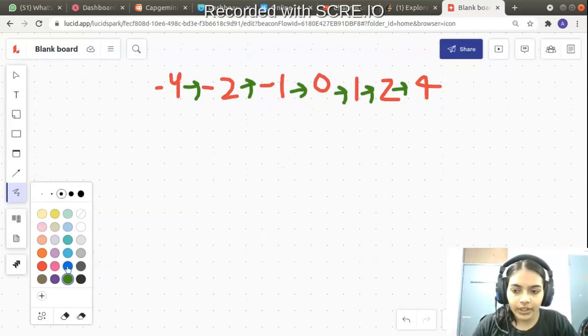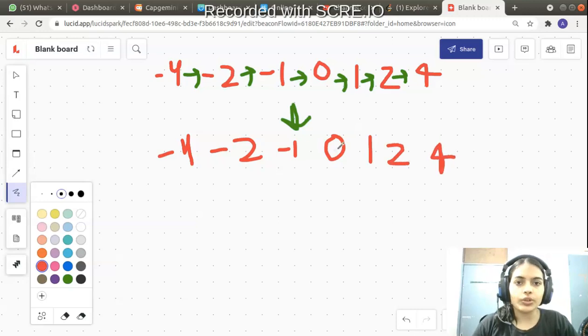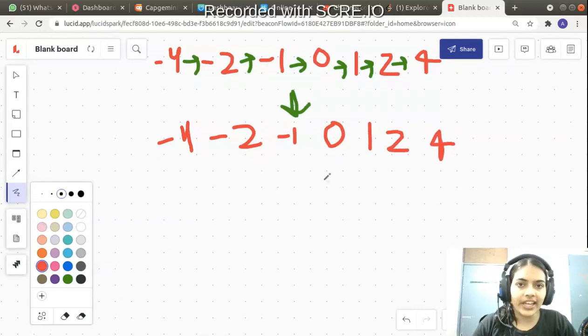So what can we do to solve this problem? Let's convert this to an array. That will be the simplest approach. Once we convert to an array, we will have all the values of this particular array index-wise. Once you have all the values according to indices, this is going to be very easy because you can traverse in the left direction and in the right direction. You can go forward, you can go backward, right?